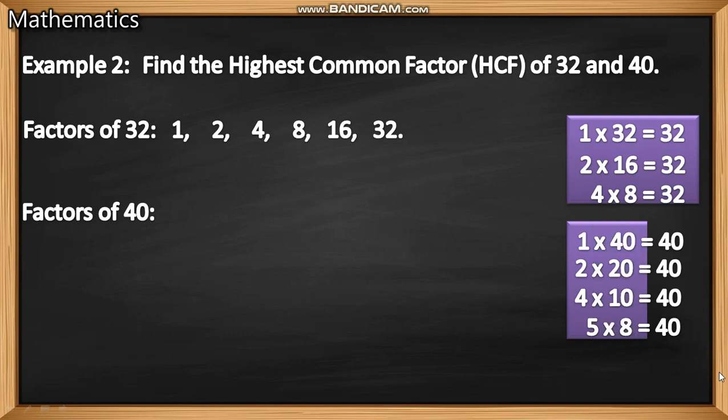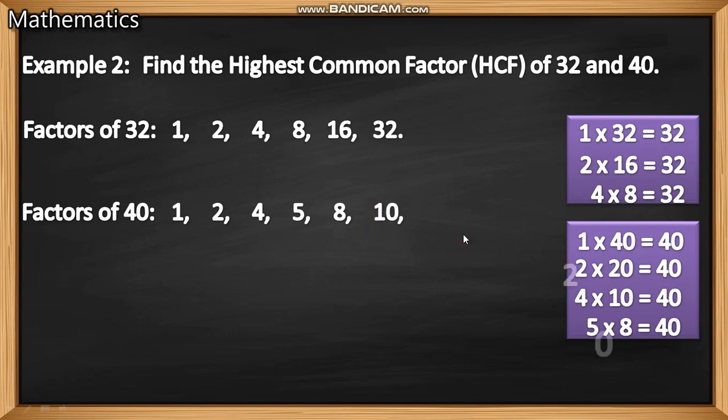Then 6, no, this much only. So which are the factors of 40? That is 1, 2, 4, 5, 8, 10, 20 and 40. These are the factors of 40. I am writing here 1, then 2, then 4, next 5, then 8, next 10, next 20 and last 40. These are the factors of 40.